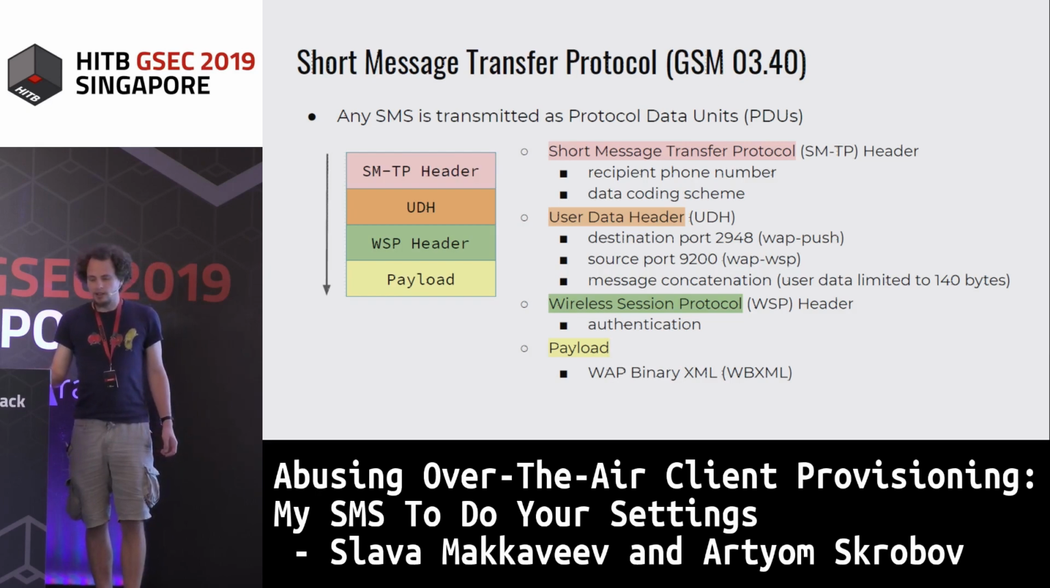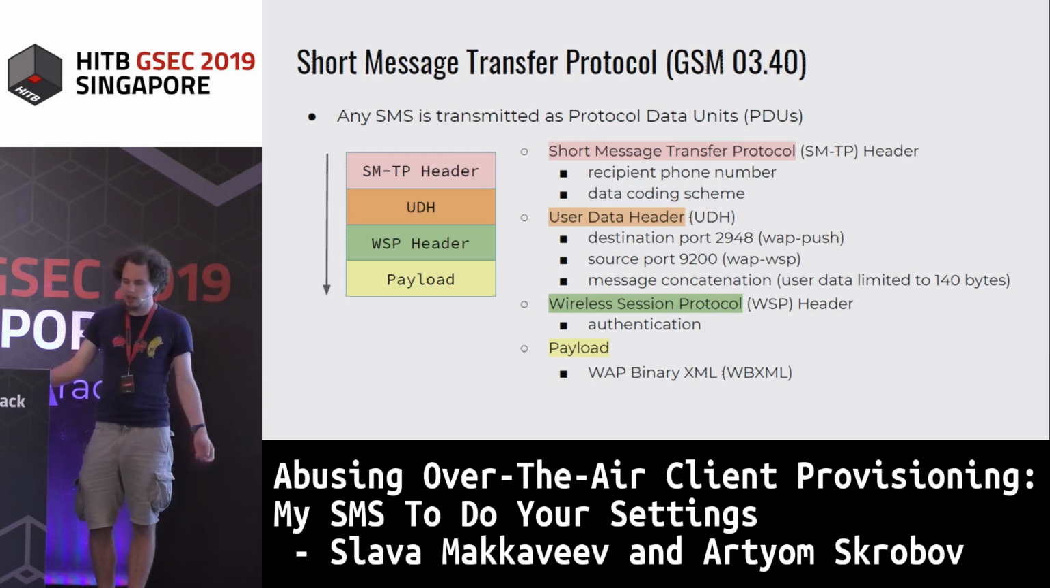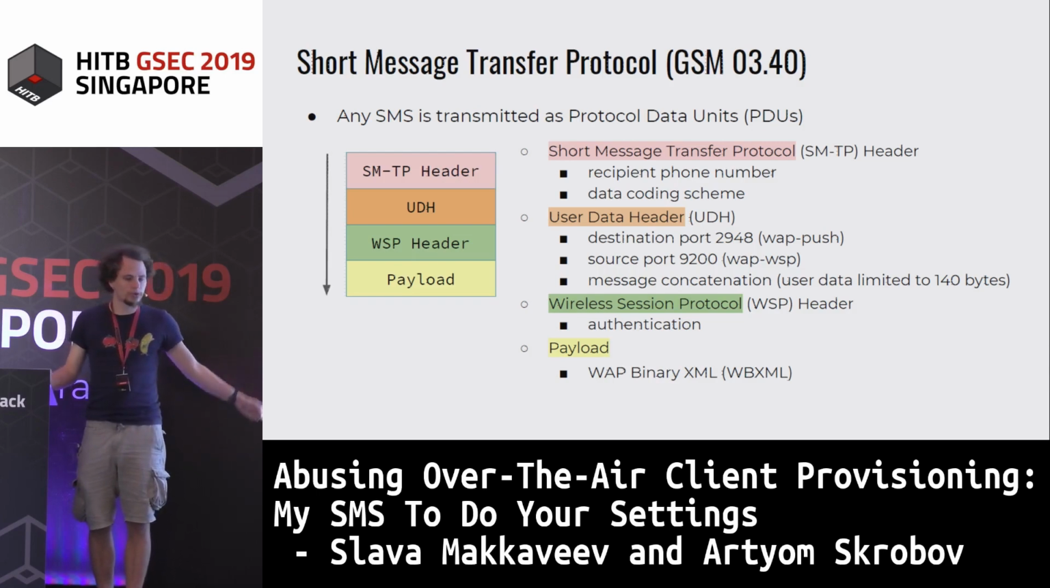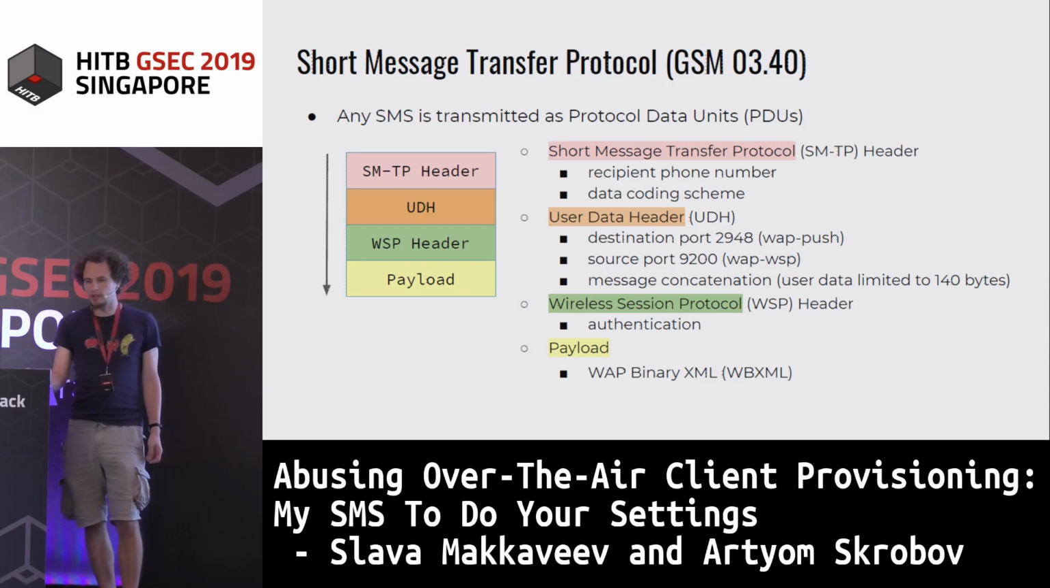Then the transport layer, implemented in the wireless datagram protocol, or WDP, specifies the source and destination port numbers, which for client provisioning are hard-coded to the values shown on the slide. That's 2948 and 9200. The session layer handles authentication of a message. And then at the top application layer, we have the payload, which for a simple text message would be just plain text in a specific encoding,